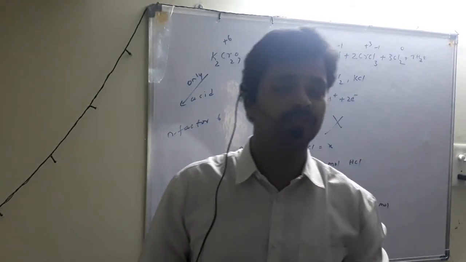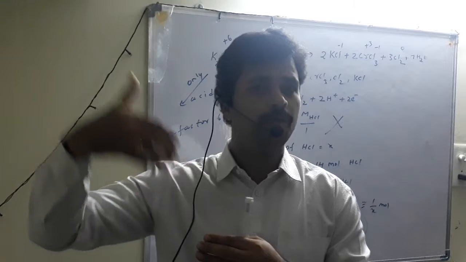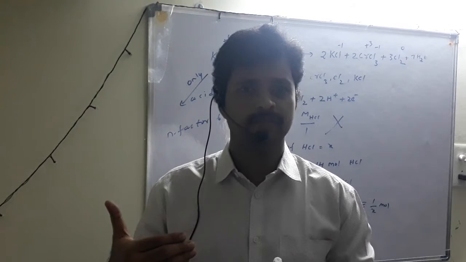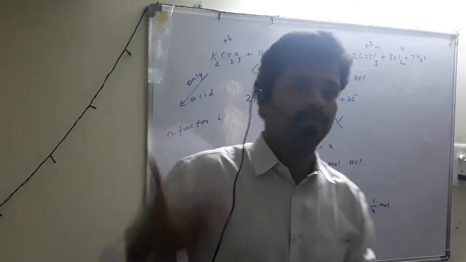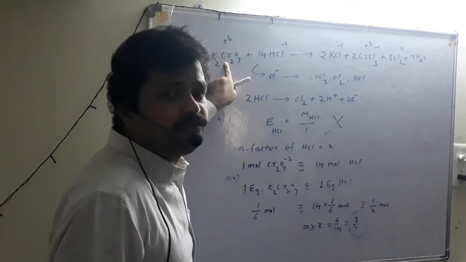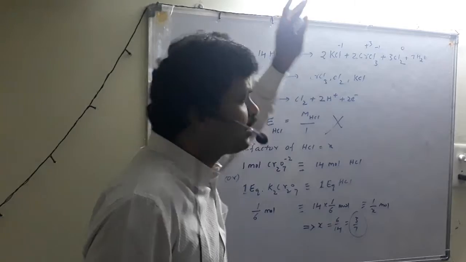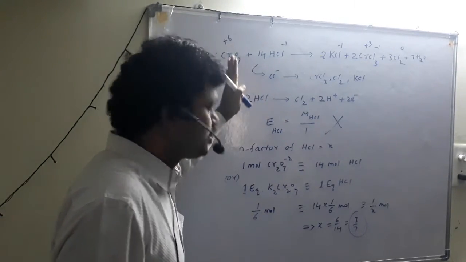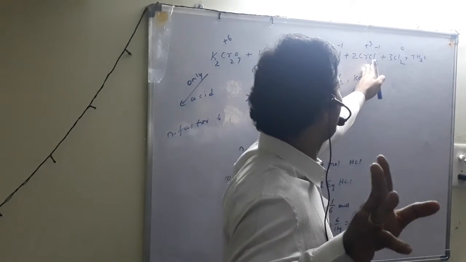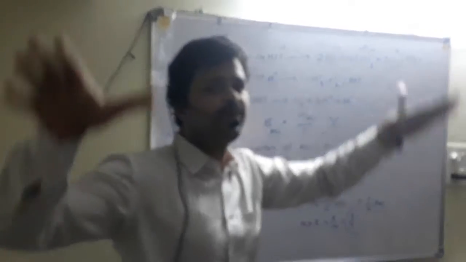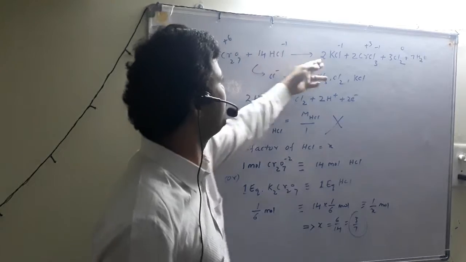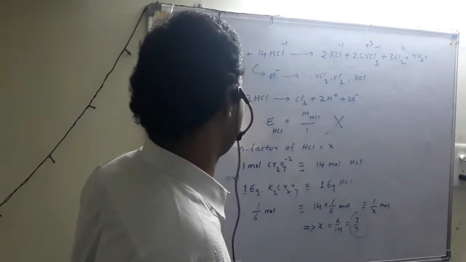What is the formula for equivalents? Equivalent weight is molar mass by n factor, and equivalents is given weight by equivalent weight, again we can write charge, valency, like that. Law of equivalence: reactant equivalents are equal to product equivalents. Every chemical, potassium dichromate 1 equivalent, HCl 1 equivalent, KCl 1 equivalent, chromium trichloride, chlorine, all chemicals participating in the equation are 1 equivalent. Moles are different: 1, 14, 2, 2, 3, 7 moles.